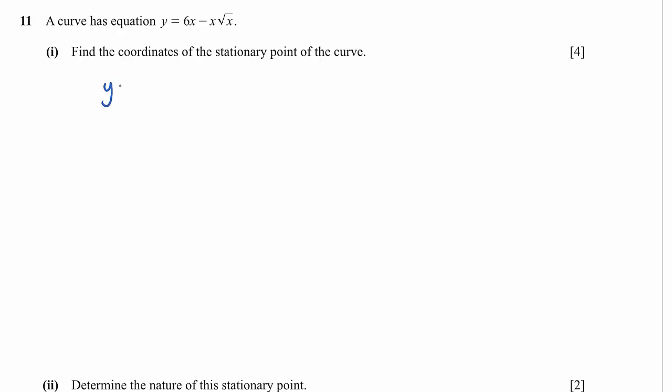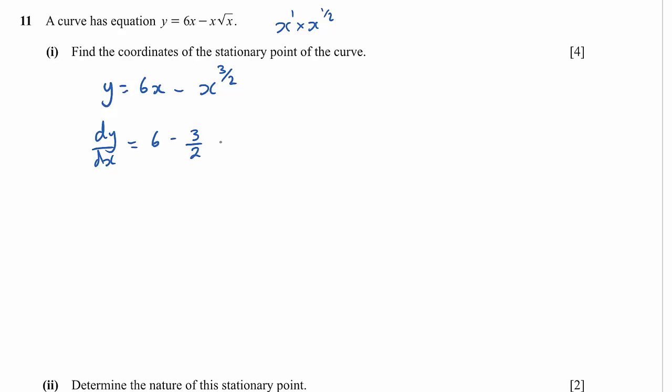Well, the first thing is to use our knowledge of indices. And x root x, remember, is x to the 1 multiplied by x to the half, and you add the indices in this situation, so that's x to the 3 over 2. And now we can differentiate. No, it doesn't become dy dx until you actually differentiate. This is still y. So that's going to be 6